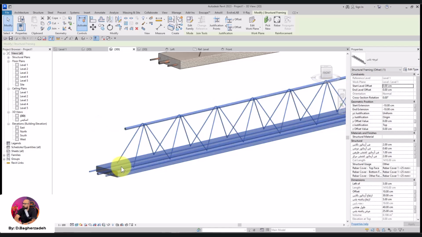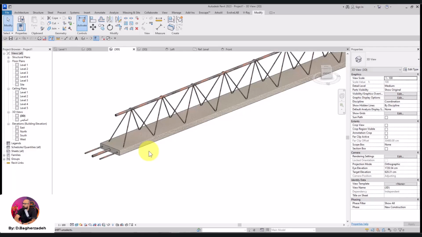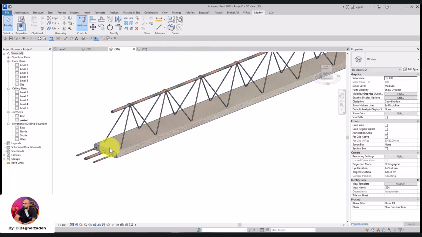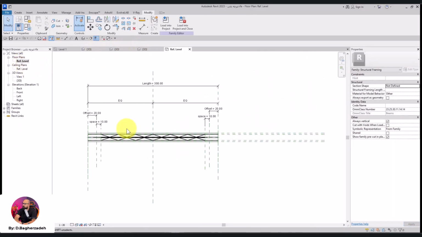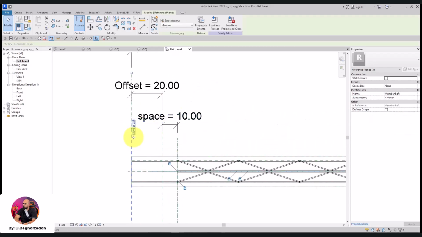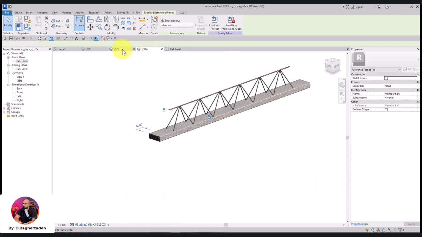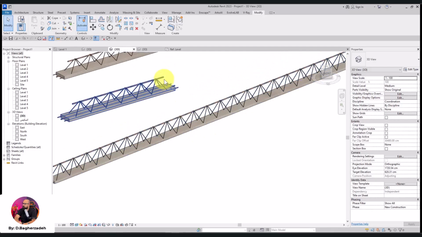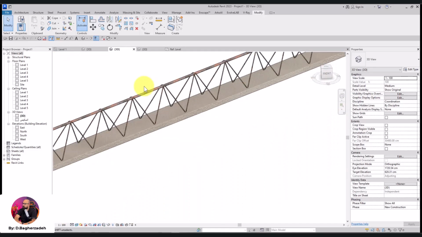this from scratch with patience, to just model it parametrically, just like how I taught you in this and previous session. However, there is another point left that I should mention it here in this part. Let me see. Here we can align and lock the first and the end with this, member left or member right. So then when we modify the length of the beam, the inclined bar's opening will change too. We don't do this because the bar lengths will be mixed up, so we do not align them to the